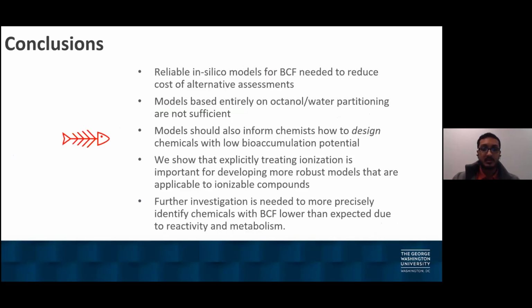So in conclusion, we recognize the need for better predictive models for BCF, and the previous models based only on one descriptor can be improved upon. We should also be able to use these models to develop mechanistic insight or find variations by chemical class to guide safer chemical design. We also showed that treating ionization separately can improve models, but more work needs to be done, which includes finding specific reactive and metabolic species to involve more data, such as the Exxon data set that we left out. So we're currently working with toxicological collaborators to find a meaningful way to do this across different species and different data sets. And overall, we want to go from the sad fish to the happy fish, which would benefit us all.